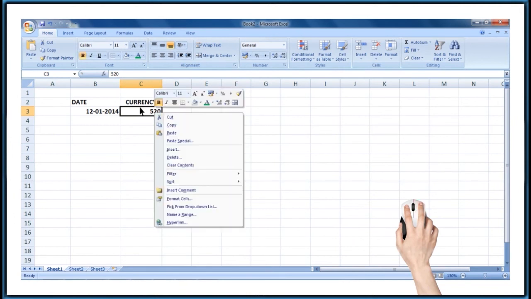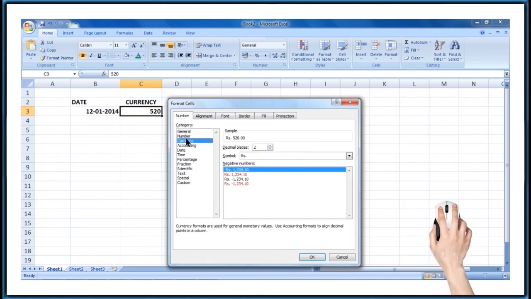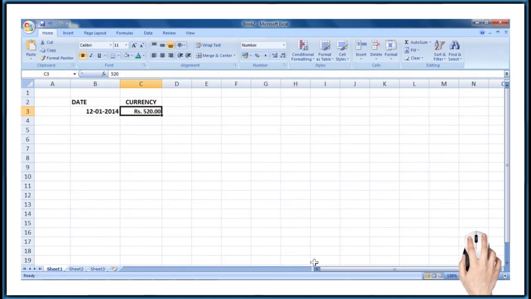Right click on the cell and choose Format Cells option. Select currency from the category list and choose number of decimals and currency symbol and click OK button. Now you can see the decimal places and currency symbol for the number.